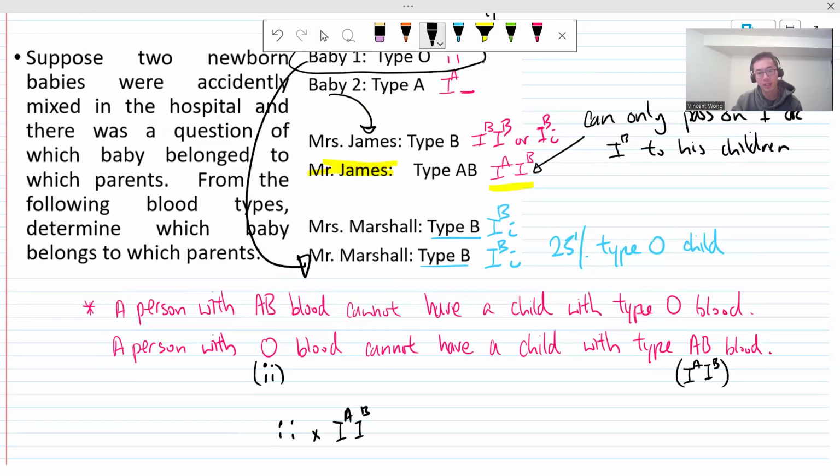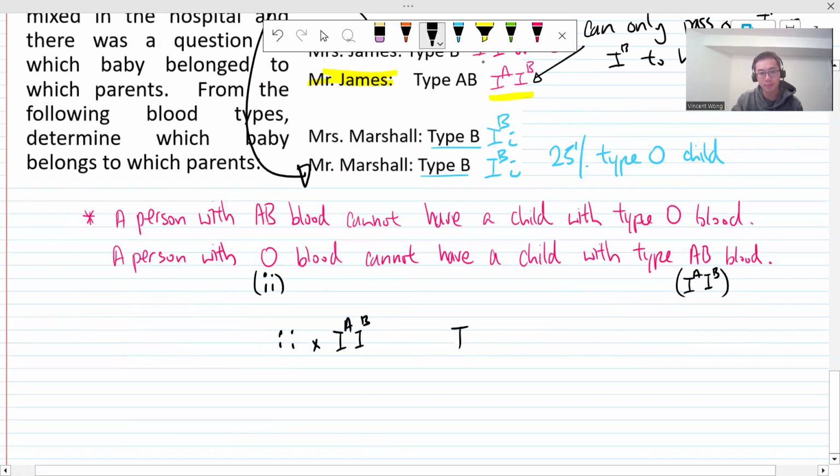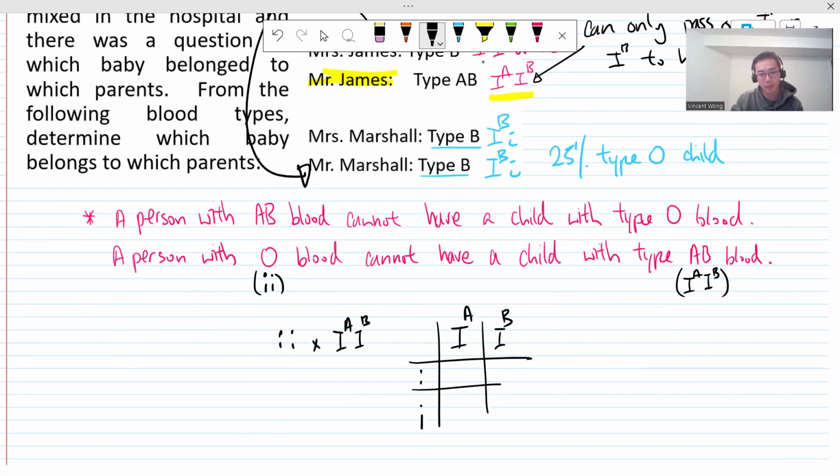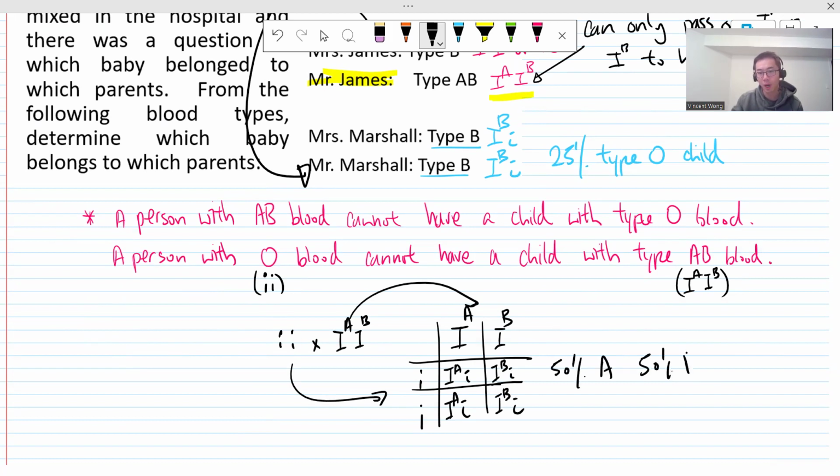Sure, yeah. So let's do the Punnett square and see. Okay. Let's do the Punnett square here. Do you agree that's how we set up the Punnett square? Yes. Okay, and then these go here. So look, 50% will be type A, 50% will be type B. Right? So it's not possible to have an AB baby